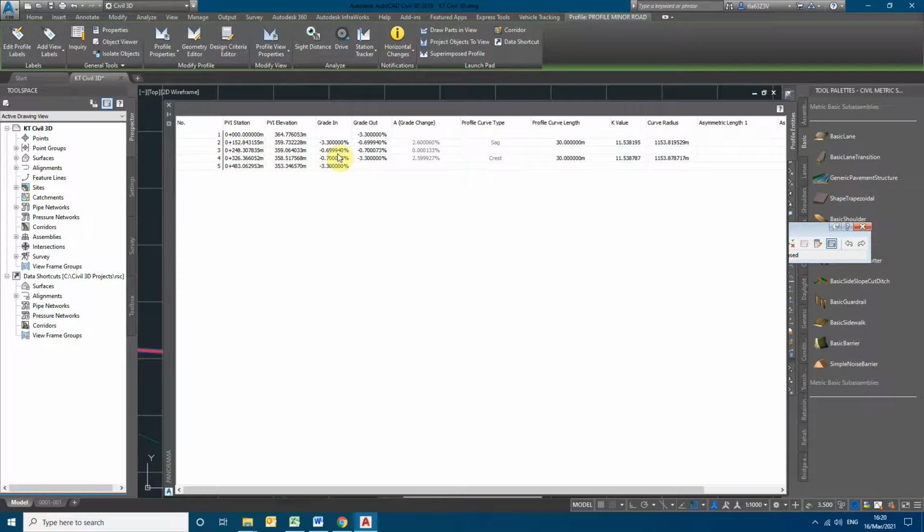This is the exact change. Now we got it, 7 minus 3.3. So all the profile curves, the exact change and everything, are precisely matched now.